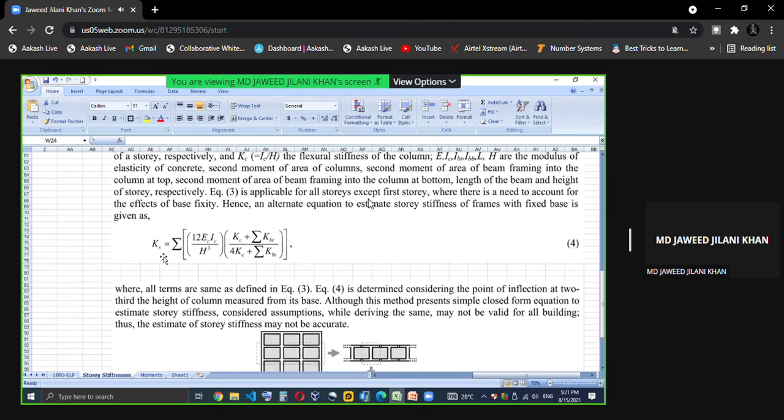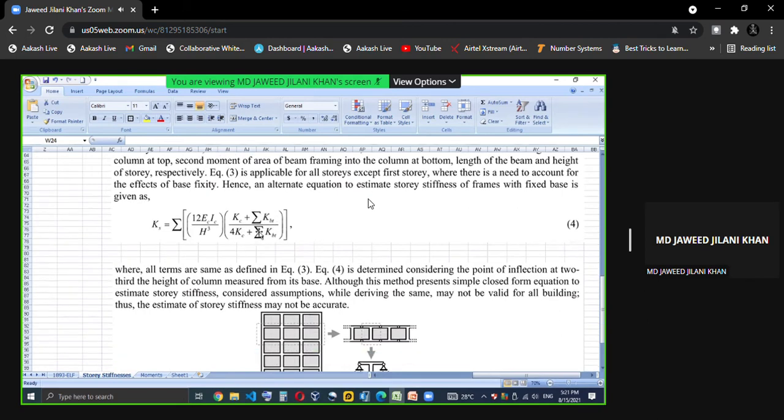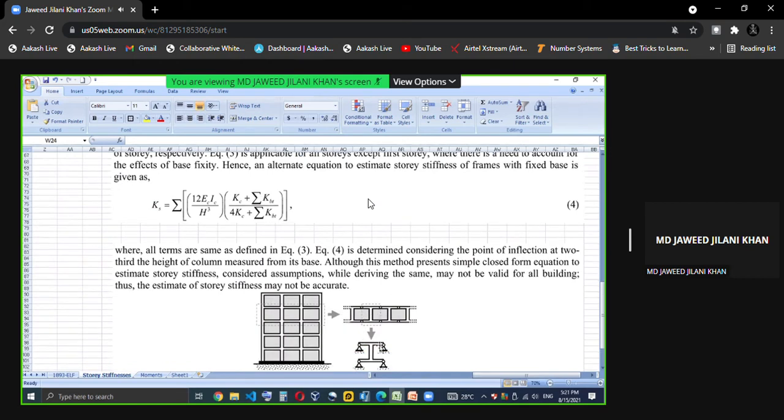So Ks is equal to sigma of 12 E Ic by L cube, you know, the column stiffness. Now to that, this factor: stiffness of the column plus sigma of the stiffness of the beams at the top, these two beams at the top, divided by 4 times the stiffness of the column plus sigma of the bottom beams' stiffness.